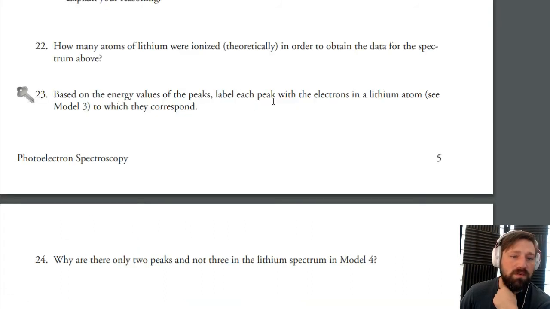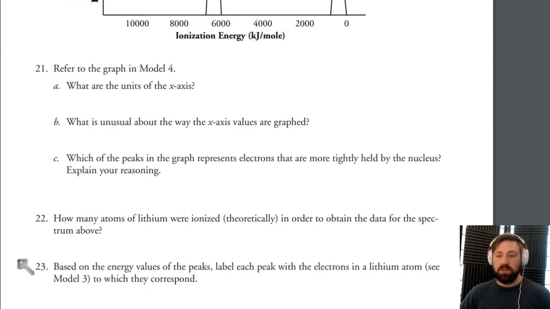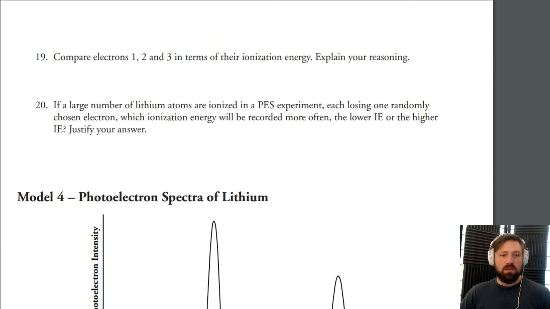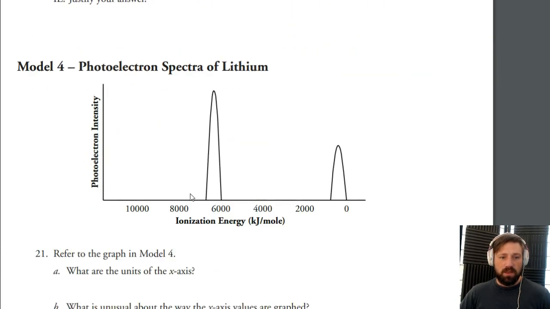Based on the energy values of the peaks, label each peak with the electrons in the lithium atom. See Model 3 for which ones they have. So based on this, we know that this peak is pretty high. In other words, we're getting more photoelectrons coming off in this range, and here we're getting less. In fact, we're getting about half as many electrons coming out over here. And over here, we have ones that have a much higher ionization energy, therefore much greater